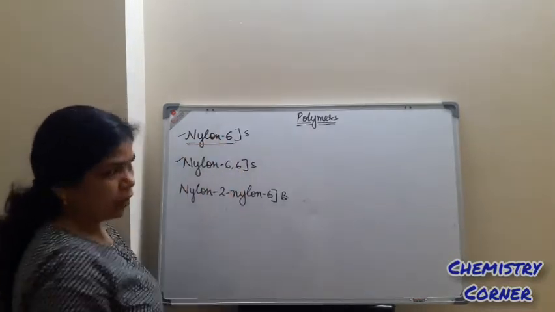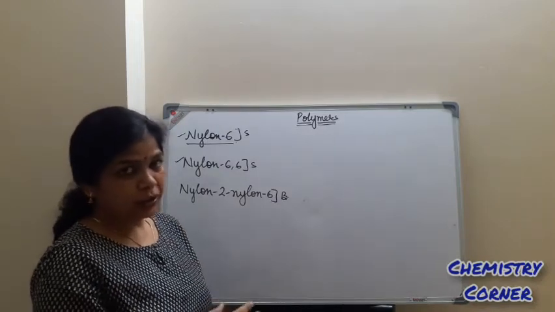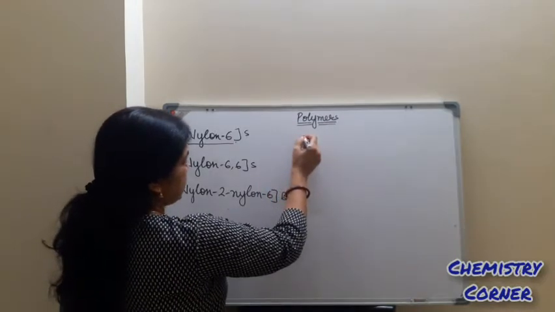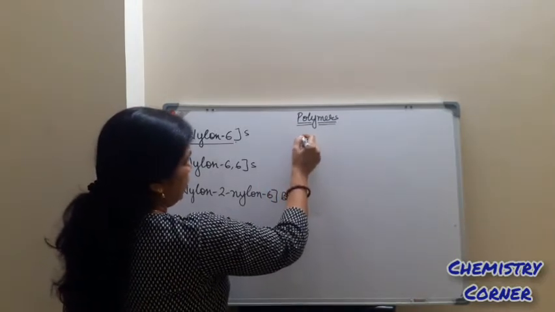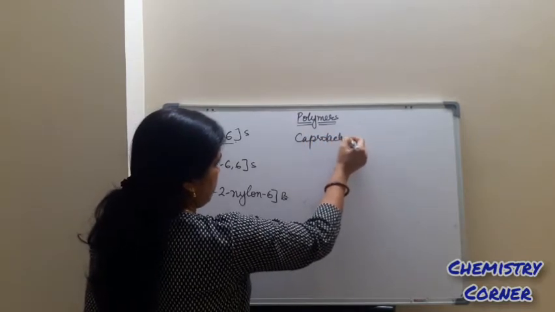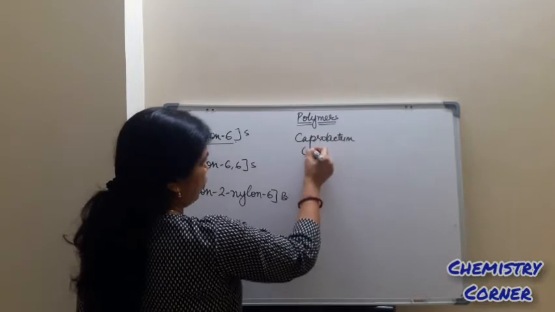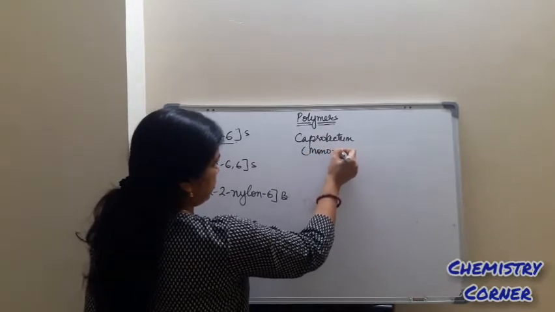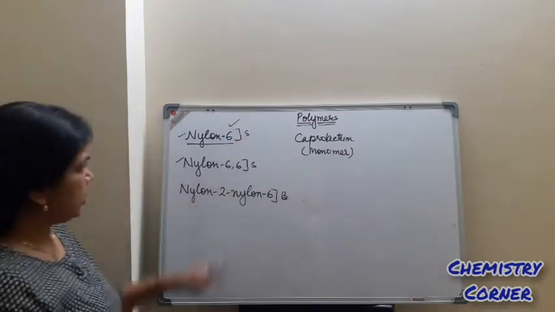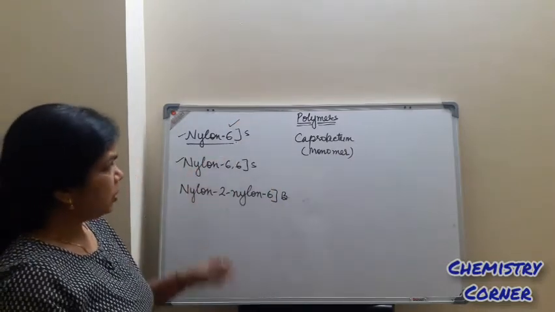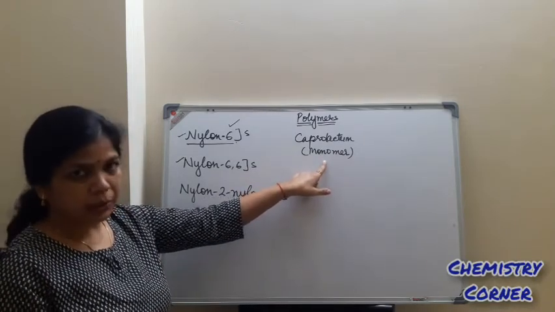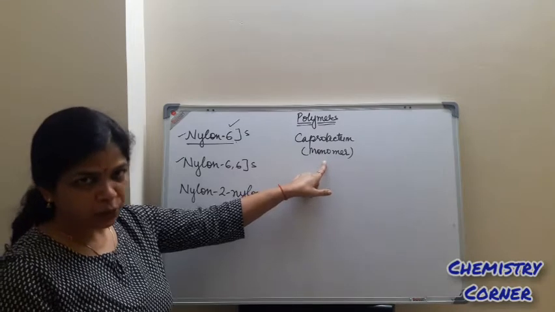One more important thing for nylon 6, that its monomer is a cyclic derivative. Okay, so what is the name of that cyclic derivative? The name is caprolactam. Caprolactam is the name of monomer. One important thing which is hidden in the name, that is 6. 6 means it is made up of 6 carbon units. Means total 6 carbon are engaged in the formation of this monomer.